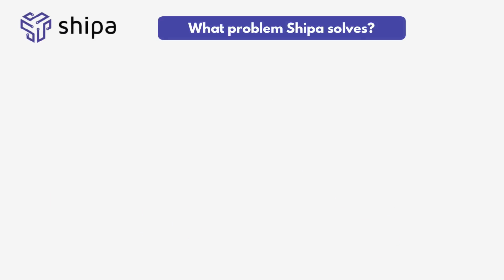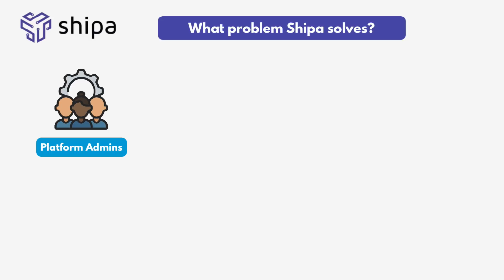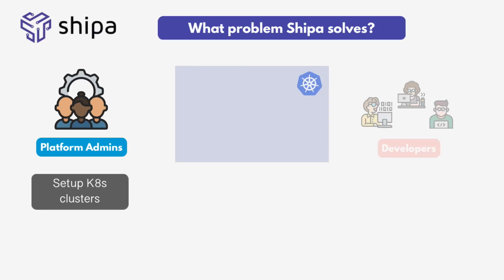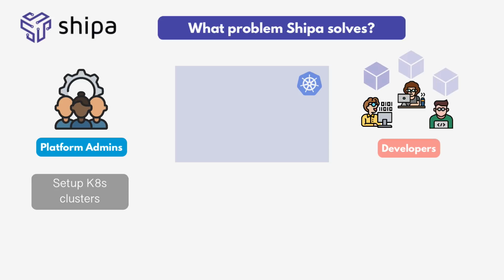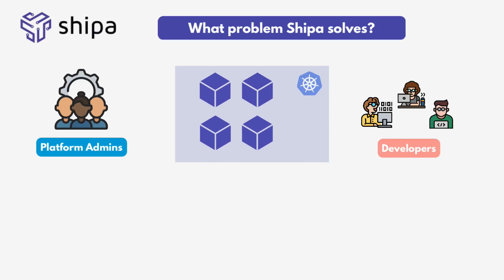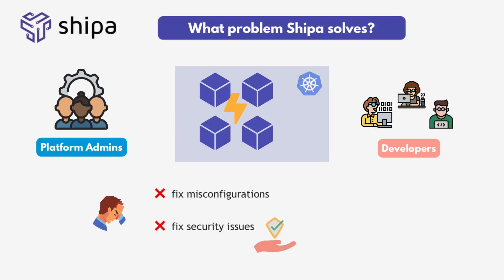On the other side, we have Kubernetes administrators. These are platform admins who actually set up the Kubernetes clusters so developers can use them. So when developers start deploying their stuff in clusters using YAML files which are not properly configured or have security issues, admins need to take care of cleaning up the mess or identifying such problems and fixing them, and then showing developers how to configure it the next time.